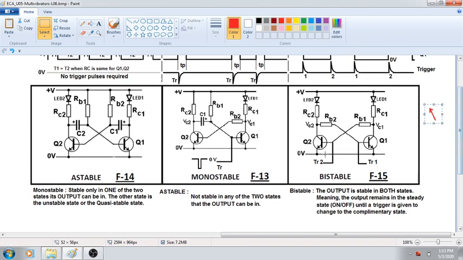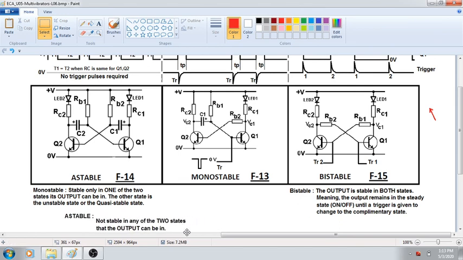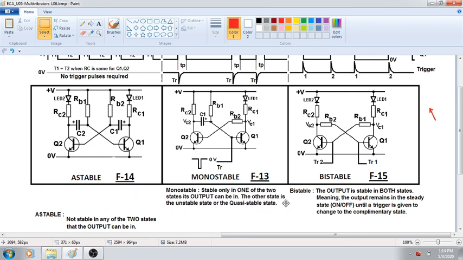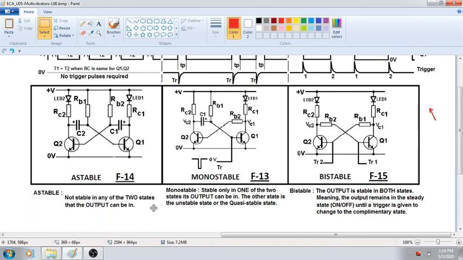So I just want to make a small correction here. I told you that F13 will come here and F14 will come here. So I have not shifted the description of astable and monostable. I wanted to keep it here. So I'll make this small change in the description. So this is monostable, and I swapped the figures but forgot to swap the description.